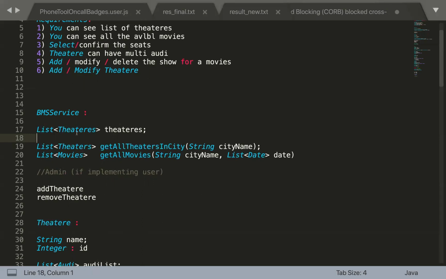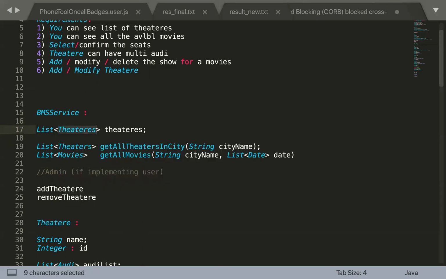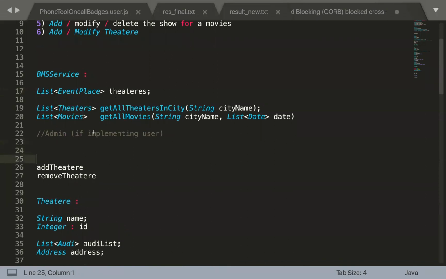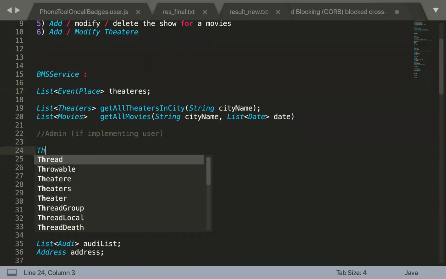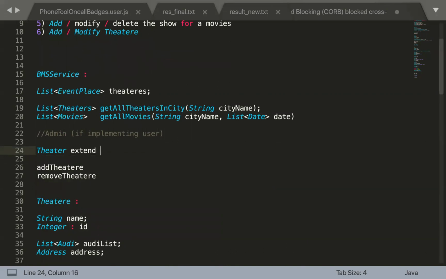So instead of this list of theaters, what you can have is a list of event places, right? And then theaters is going to extend from this event place.